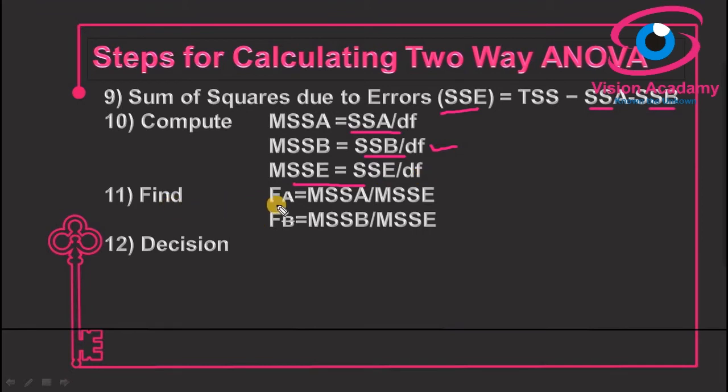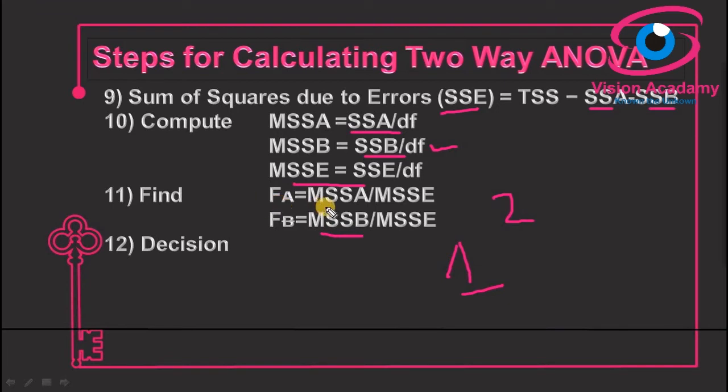And for the F ratio, the same formula will be carried out. Here we need to find two F ratios, because we have two predictor values in this case. In the case of ANOVA, we had only one predictor value, so we had only one F ratio. Now we have to find two F ratios, one for the level of factor A and one for the level of factor B.